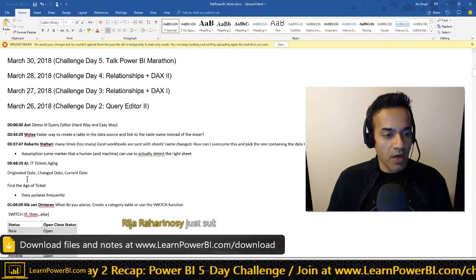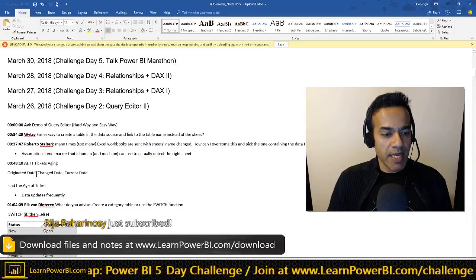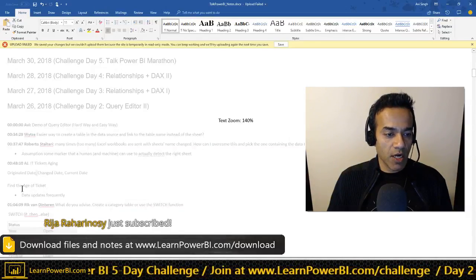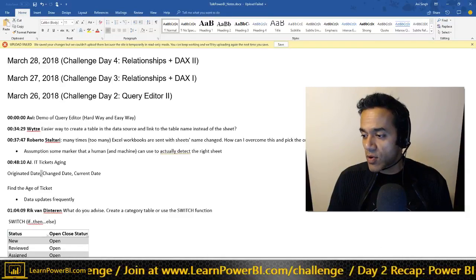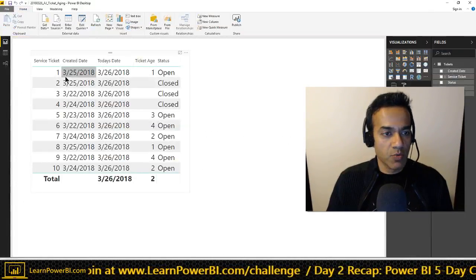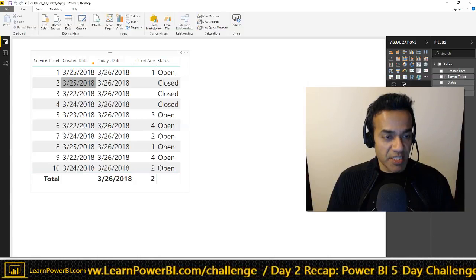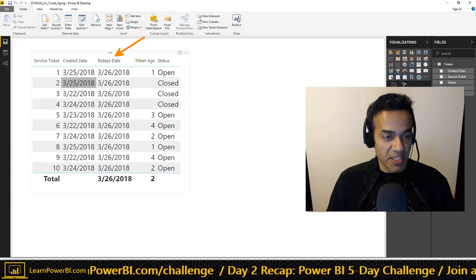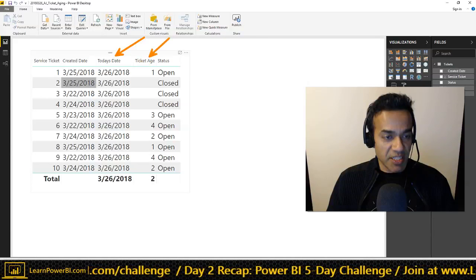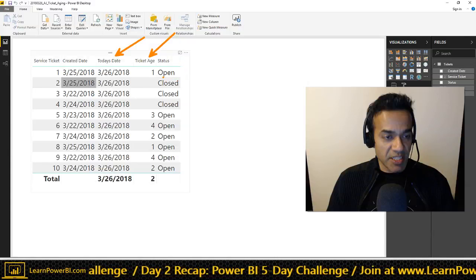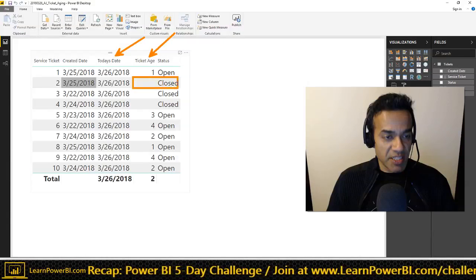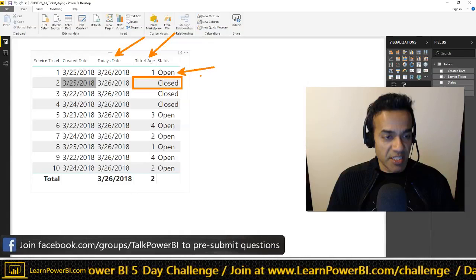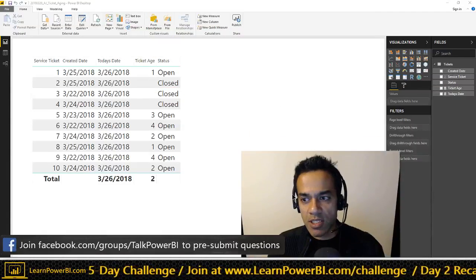The scenario here was presented by AJ, and he had these 3 scenarios. It's a pretty classic one where you have a ticket created date, and then today's date, we just threw it in there, and we want to calculate the aging. It, of course, depends on the ticket status. Typically, aging is not discussed if the ticket is closed. It's only discussed for the open items. And we just did a simple formula.